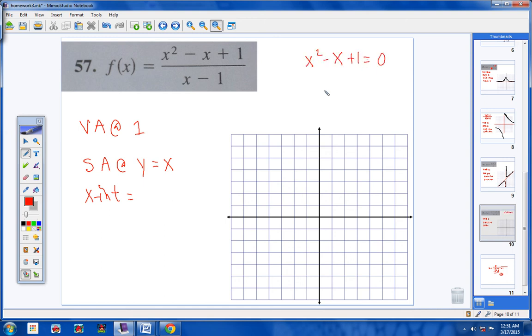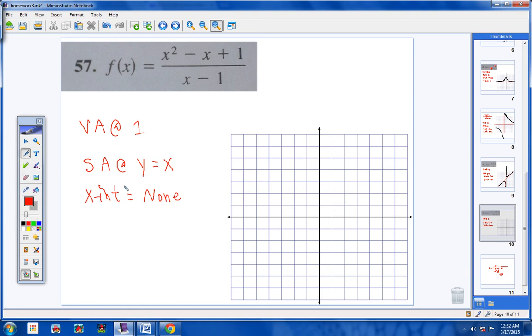First of all, you can't factor it. Second of all, from what I can see, let me quickly make sure this is right with my calculator, but I'm pretty sure if you use the quadratic formula on that to solve it, you would get out imaginary numbers. So there's nothing that makes this numerator become 0. So the x-intercept is none. If you tried to solve that, you would see it cannot be solved. Go ahead and use the quadratic formula, and you'll get out